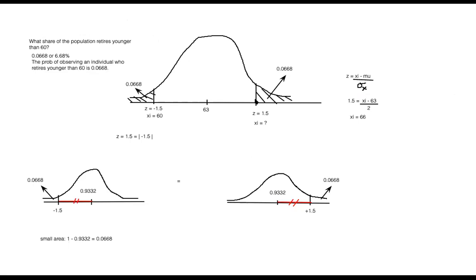So we know that this particular point along the x-axis has a z-score of positive 1.5, but also has an x value of 66. This is the point where people age 66 retire. Right, so we just solve for that. And I know that 6.68% of the population retires older than 66. And I know that 93.32% of the population retires younger than 66. I also know that 6.68% of the population retires younger than 60, and